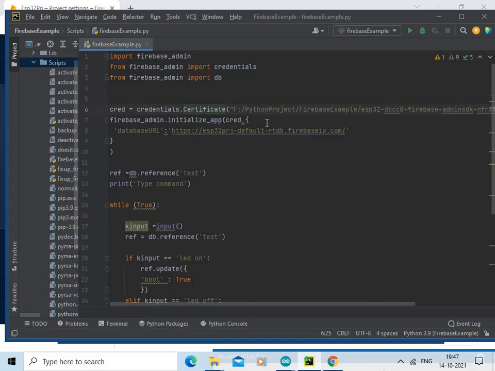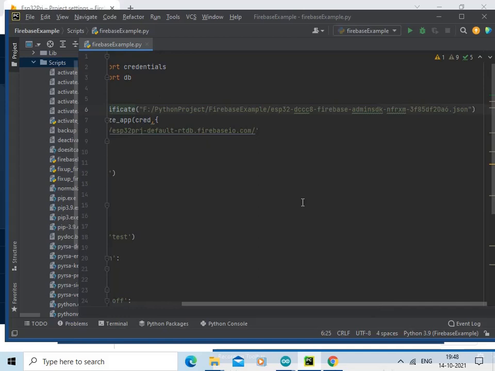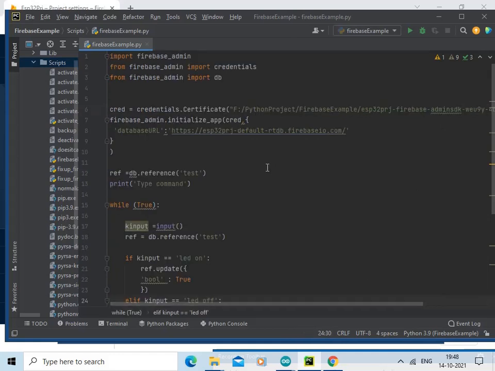Copy the path and the name of the JSON file which you have downloaded just now. So Firebase related initialization is done.